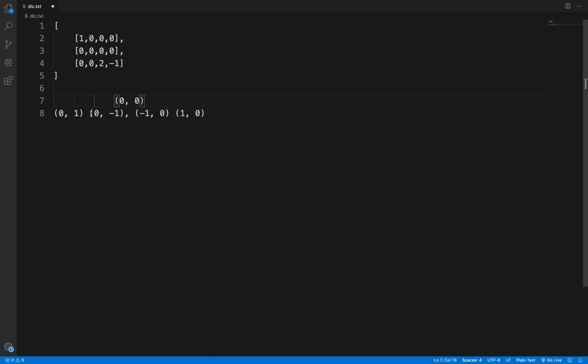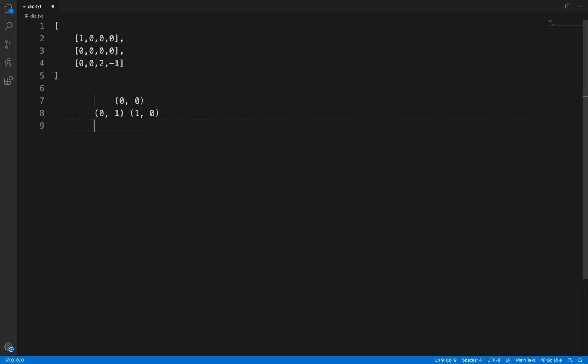Now you can see these 2 are not valid, so we'll remove these 2, and so from 0 0 there are 2 valid moves. Now again we'll call the DFS on these.